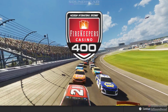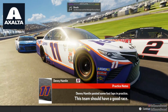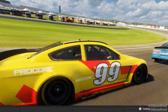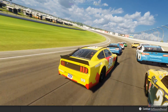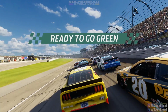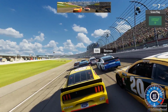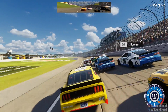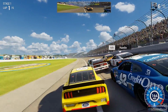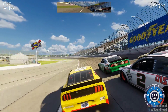All right, lining them up here for the Firekeepers Casino 400. Denny Hamlin posted some fast laps in practice. Denny Hamlin had a good start to the race yesterday, but it didn't last, it didn't seem. So here's our very crudely designed car, meant to look kind of like Joey Logano's winning car, but it's not very easy to replicate given the tools that we're given with the game. So I did my best, I promise you that. The scallops from Team Penske, that design is not easy to recreate,